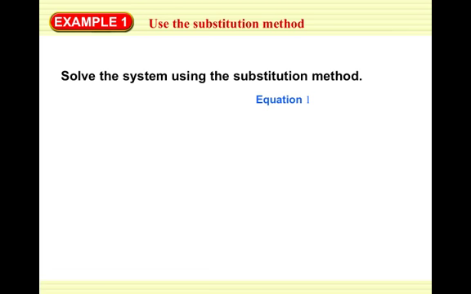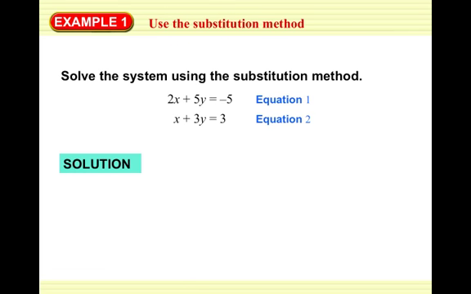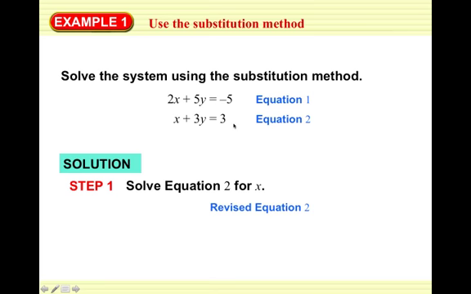Alright, so we're going to solve the system using the substitution method. Our first equation is 2x plus 5y equals negative 5. Our second equation is x plus 3y equals 3. Because we have just a plain x term, that's going to be the easiest variable to solve for. So we're going to solve equation 2 for x, because all we have to do is subtract the 3y over. And so to get our revised equation 2, we subtract the 3y, and we get x equals negative 3y